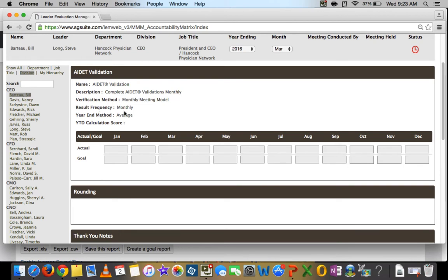So each month before your monthly meeting, what you'll have to do is come into the validation matrix. Based on the number of reports that you have, that would be your goal, depending on those same standards and guidelines that we talked about before. And then you'd have to enter your actual number of reports that you've rounded on for that month, and then you save it and you'd be done. That is how the rounding one would go,